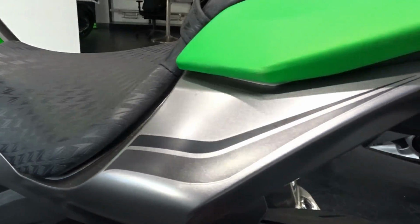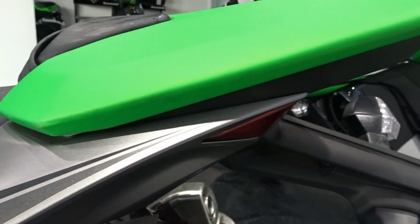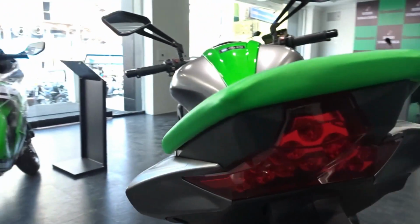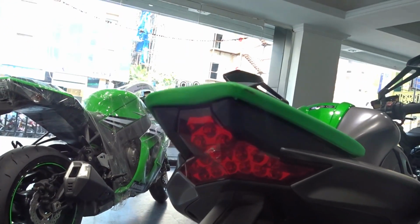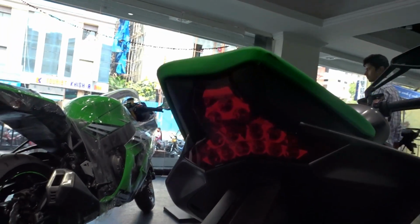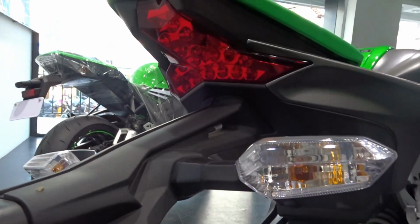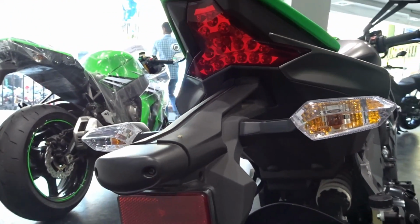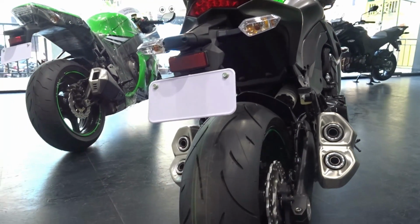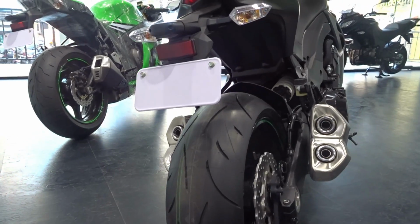Now let's get started with the review. This is just a walk around review because I haven't ridden the bike yet. Now, taking a look at the design, the bike is based on a Sugomi design concept. The Japanese word Sugomi means awesomeness. One of its meanings also reads as a monster. The word describes the intense energy given off by a person or an object of greatness and being felt by the onlooker. There's no need for us to look up meanings because one look at the bike itself helps us